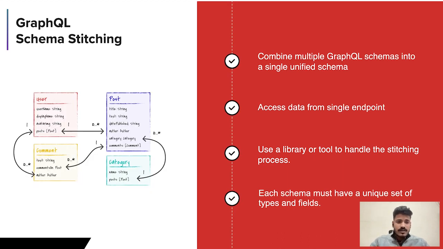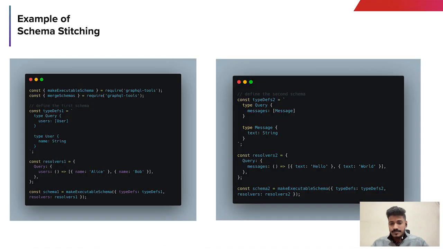And in GraphQL schema stitching, each schema must have a unique set of types and fields. So here is the basic example of schema stitching. As you can see in the example, the type defs 1 and type defs 2 define the shape of the data that the API can return, and they also define that there is a query type which has a field users that returns an array of type user, which again has a